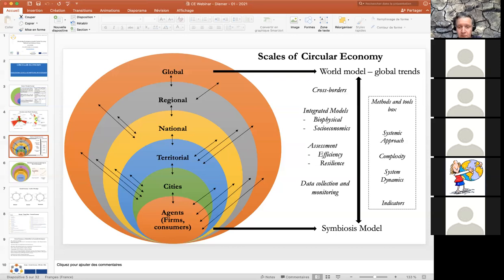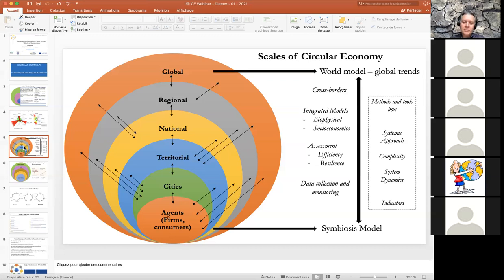And maybe the last one is data. I think everyone is involved today about data. Data is not only to collect, it's just for monitoring. And I think when you have to design a kind of security, the really big deal today is really focused on data. I say Europe is really trying to catch and collect many data. But even when you go to the local level, you have to find a solution and have a very good link with partnerships, stakeholders to collect data and to think about circularity.